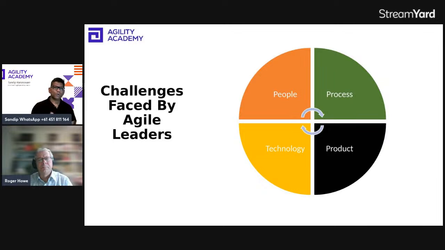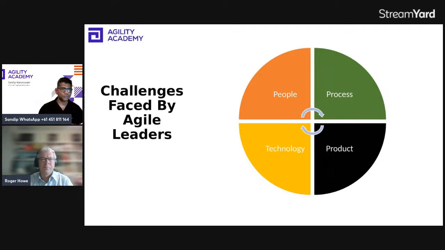Process. When you talk about agile leadership, it's all about bringing in agility. Agility means the ability to move quickly in a very effective way in less time. So when you are engaged as an agile leader for any assignment, you need to look at the current processes and find out where the opportunities are to reduce waste, which processes are not helping the team to work together, collaborate, and deliver value quickly. So understanding the current process and coming up with opportunities to improve it is another challenge typically faced by agile leaders.